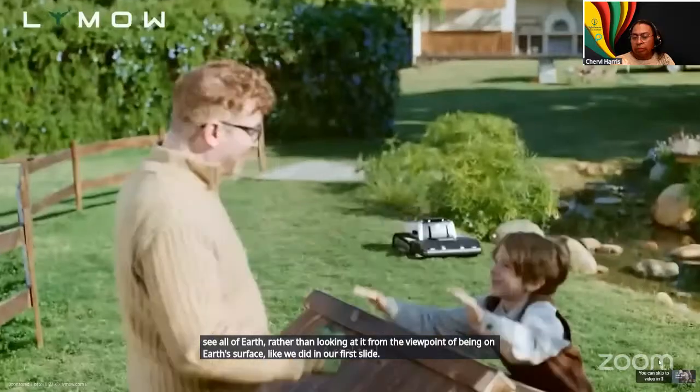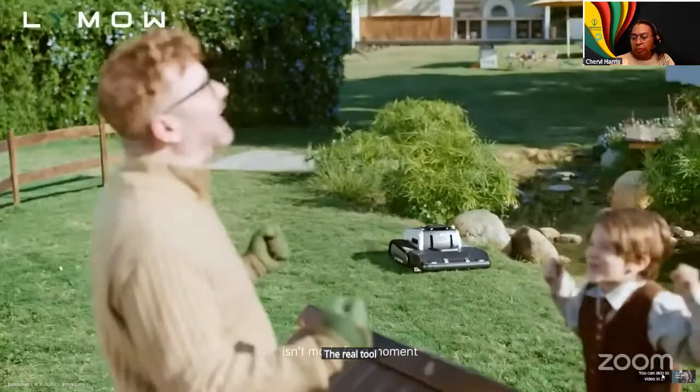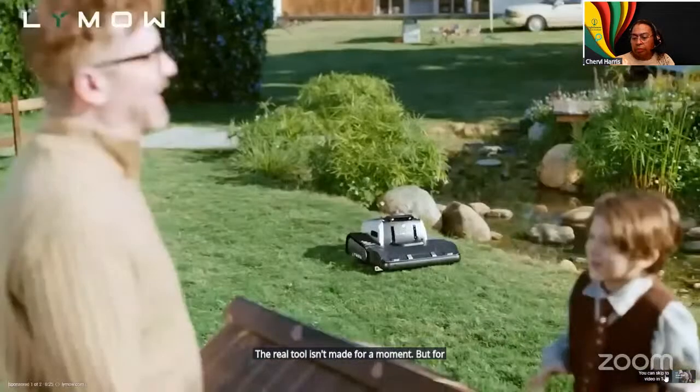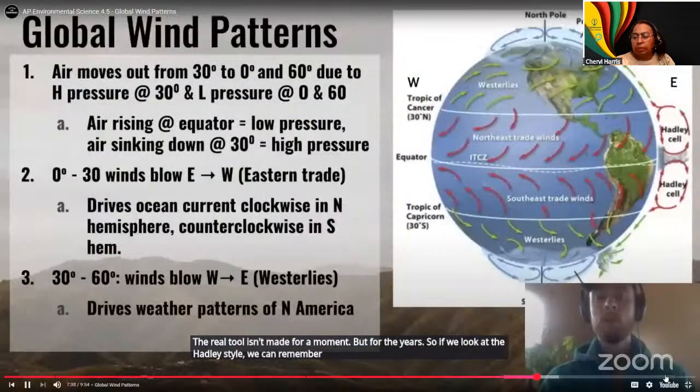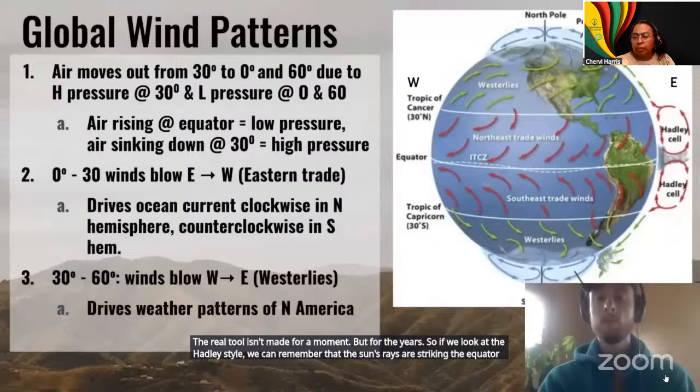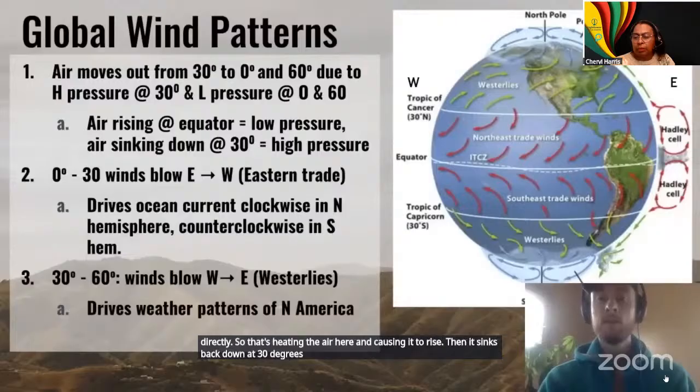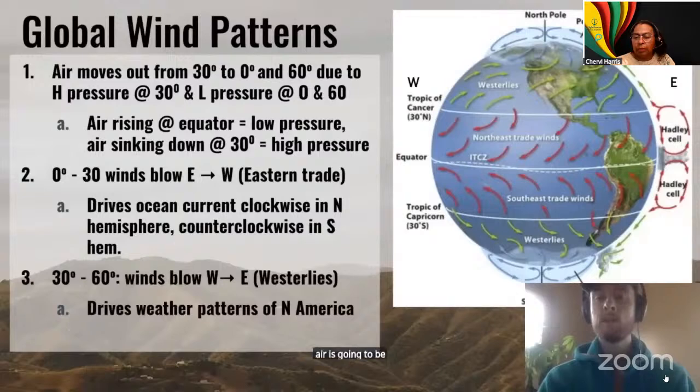The real tool isn't made for a moment, but for the years. So if we look at the Hadley cell, we can remember that the sun's rays are striking the equator most directly. So that's heating the air here and causing it to rise. Then it sinks back down at 30 degrees. And because of this high pressure system at 30 degrees, air is going to be moving out towards 0 degrees